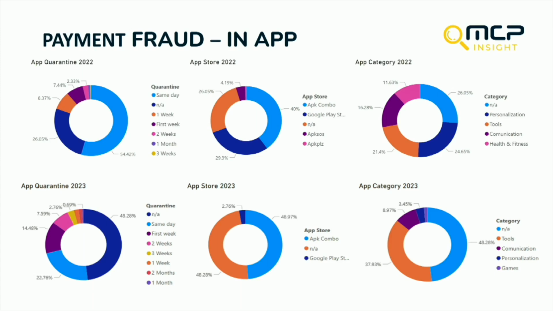And finally, over here with the app categories, you see something called not applicable at the top. This is a concerning trend. This is where the code in the APK files that have been downloaded are encrypted, making it extremely difficult to source where the actual issue has come from and to detect the app file that is causing the problem, spawning the child apps, which lead to the attempted billing. And that's something that we're going to have to watch very carefully going forward, because as you can see, the increase from year on year is quite substantial.